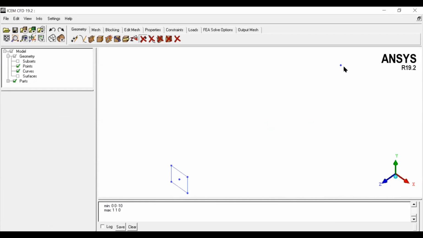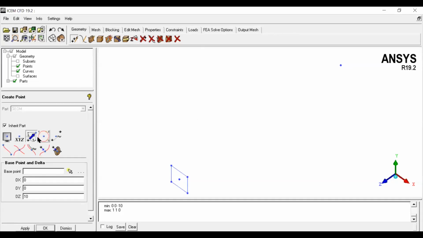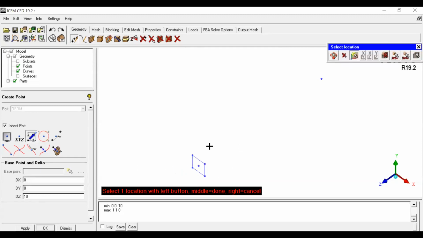So we have created a point at a distance of 10 units from the base point. But our objective is to create the same square at this distance. There are multiple options, but to explore this command, let me use this base point again, right? So select this point and give the z direction. All are minus 10, right? So give minus 10. The point is created.